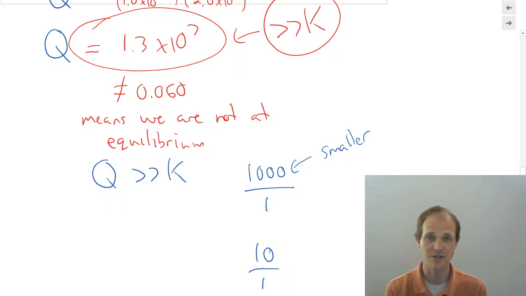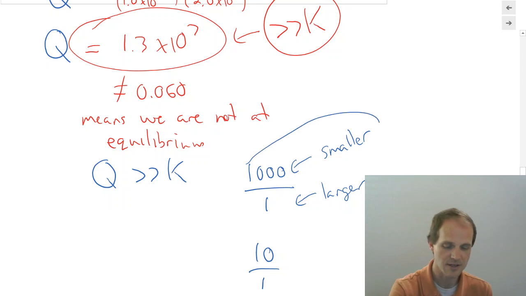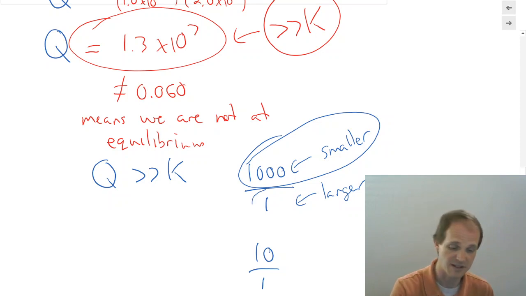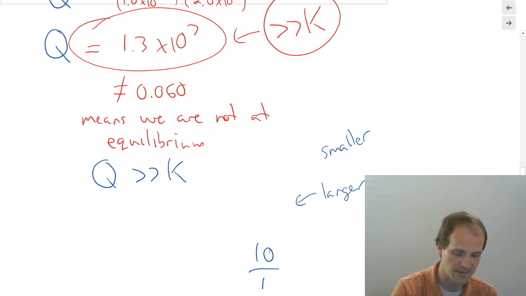Now, in stoichiometry, you can't just make the numerator smaller. You're also going to make this guy larger at the same time. Why? Because in order to make the numerator smaller, you're going to take products and turn them into reactants. But as soon as you turn them into reactants, you've made the denominator larger, which is your reactants. If that was a little confusing, don't worry about it.